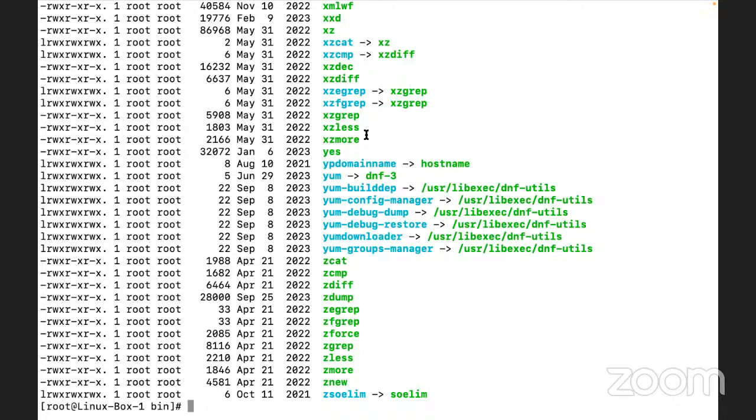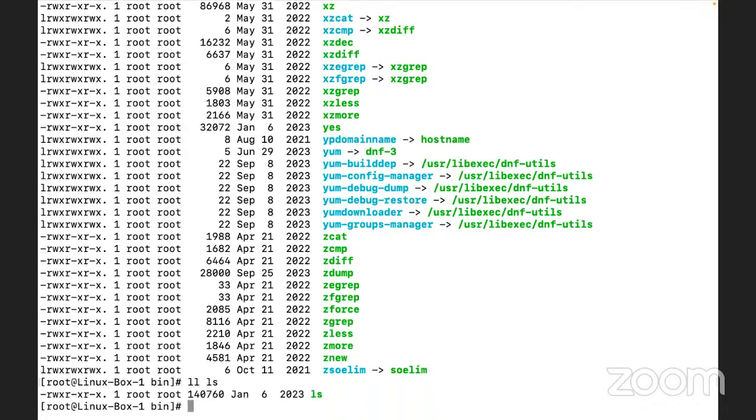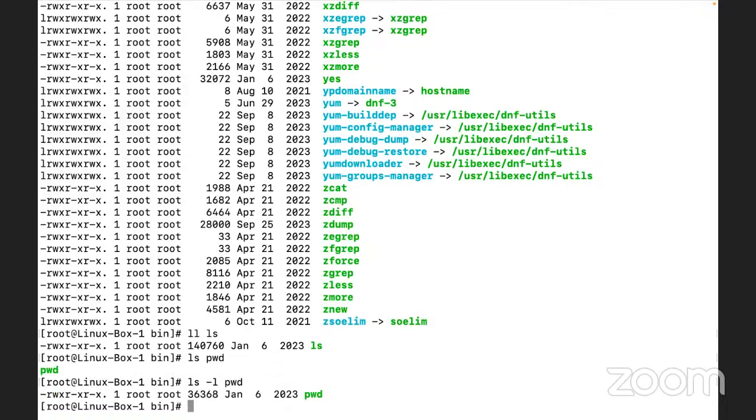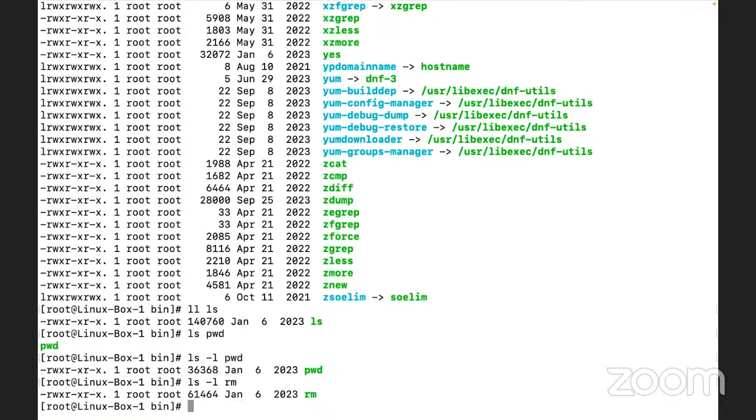Let us say, what are the commands we run? ls command we run. If you remember, just some time ago we executed the command pwd. Remember that? Moreover, there is a command known as rm. Remember that command is also available here.